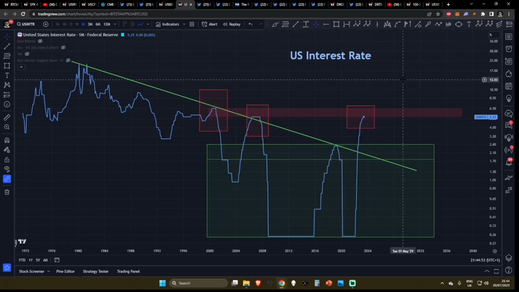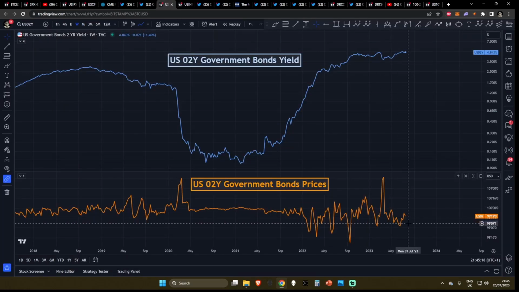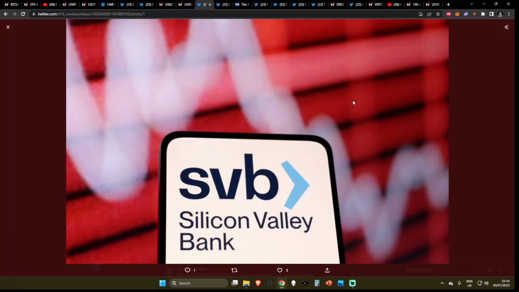Now, while new lenders have thrived in this new market equilibrium, if we come over to the interest rates, once again, if you're a lender right now lending for 5.25% or anywhere near there, you're very happy. However, borrowers, not so much, and old lenders, not so much either. For example, if we come over to Silicon Valley Bank, basically they loaded up on a bunch of US government bonds expecting the rates to remain flat. What happened? Well, the price of the government bonds fell through the floorboards, increasing the yields, and basically Silicon Valley Bank and a bunch of other banks' bonds became absolutely worthless, and this is where we saw the systematic failure